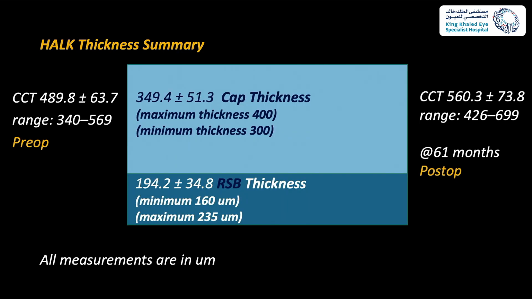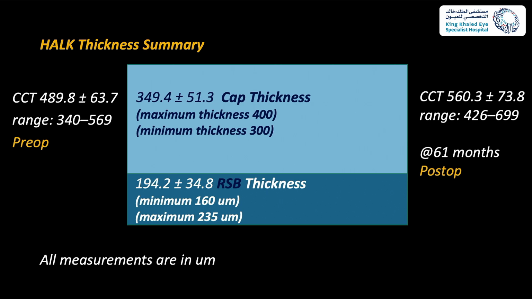So when it comes to thickness, in the cases reported, around 35 cases, the central corneal thickness to start with was around 490, and the central corneal thickness at 61 months was around 560. The maximum cap thickness reached was 400, and the minimum residual stromal bed was around 160 microns. So you can go as deep as 150 microns from the